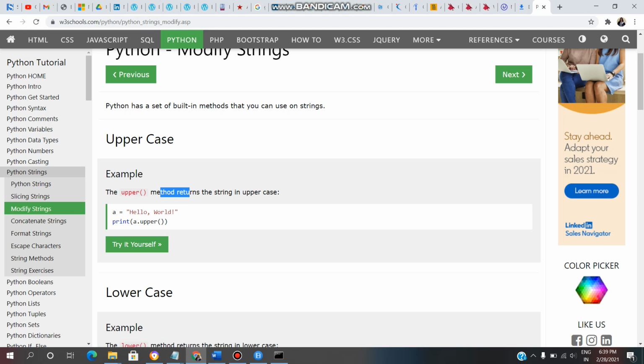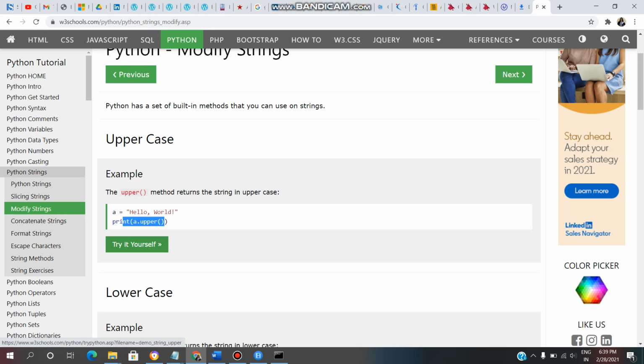The method returns the string in uppercase. So here a equal to hello world is a string we have assigned to variable a. Now print a dot upper. We are using this upper method to get a string in uppercase. So we will see this example practically.